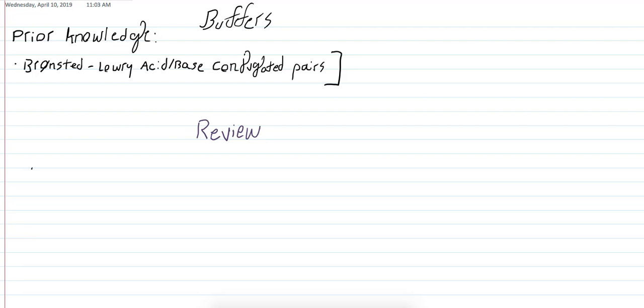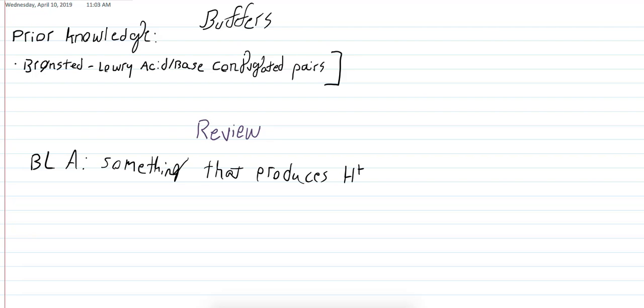Now, the definition of a Bronsted-Lowry acid, which I'm going to abbreviate BLA, is something that produces a proton, also known as H+. An example of this might be carbonic acid, which is H2CO3. A Bronsted-Lowry base is something that accepts an H+. And that would be something like